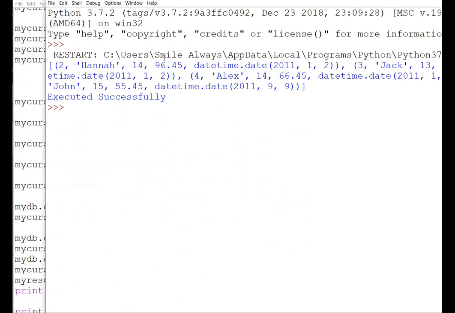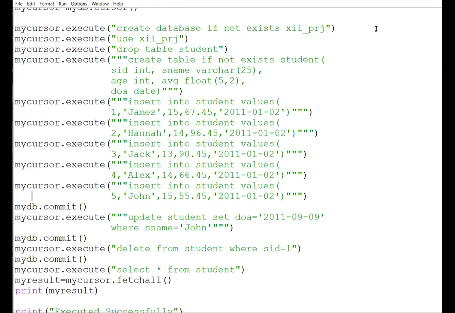Now if you see my complete record, first of all it starts with square brackets. That is the first thing. It means it is in the form of a list. Then every record has been shown. For example, this is my first record, shown in the form of a tuple. Then the second record in the form of a tuple. Then after that the fourth record in the form of a tuple. Like this, all the records are shown in the form of a tuple. So the very first thing I need to do is display all the information in a particular manner.